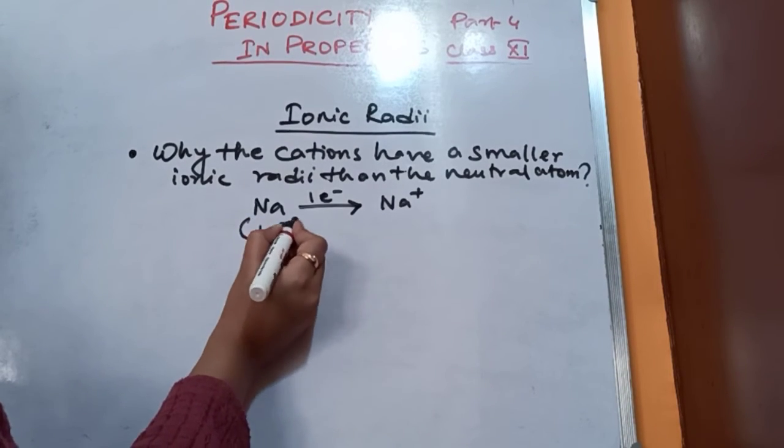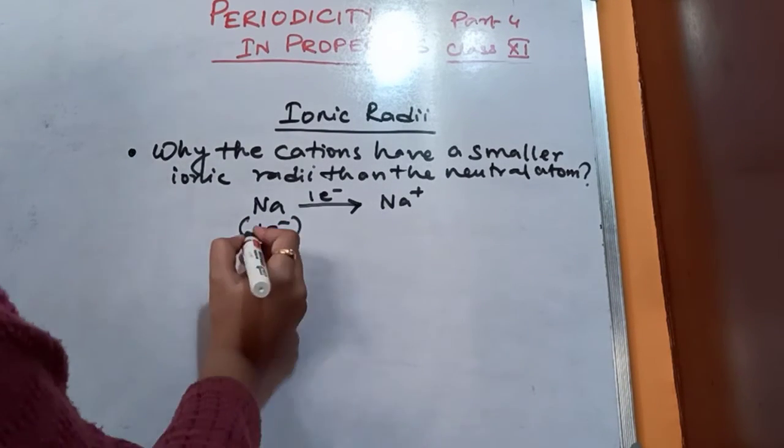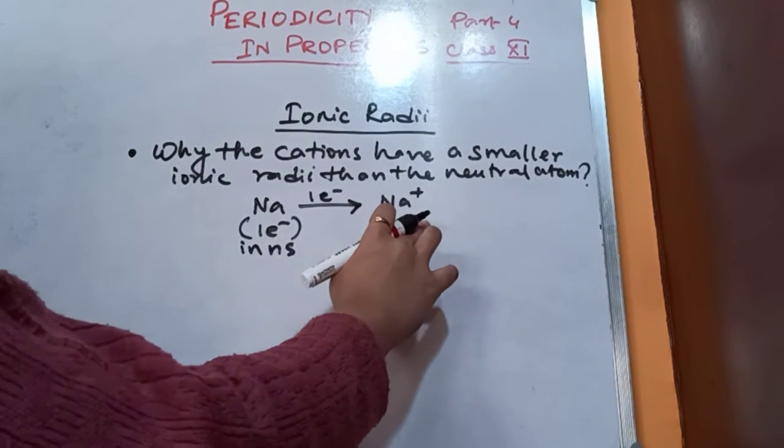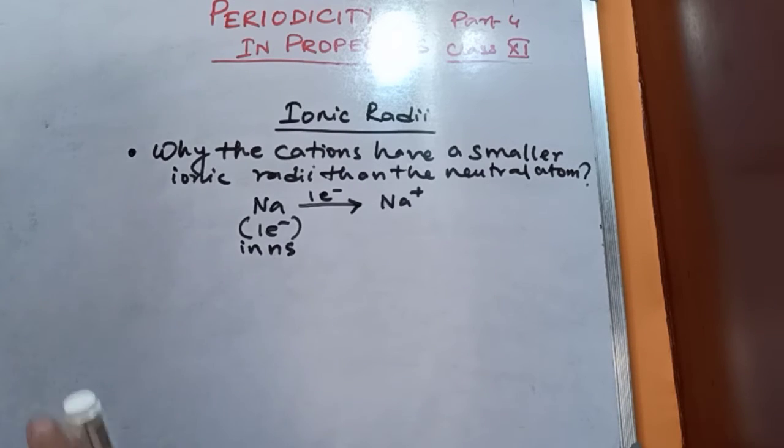Sodium has only one electron in the outermost shell, one electron in the ns subshell. So if it donates that electron, the last shell will be devoid of electrons. So the last shell will be removed. Then the penultimate shell will be considered as the last shell. Think of potassium, that also has one ns electron in the outermost shell. If that electron is removed, the last shell will be removed and the penultimate shell will be considered as the last shell.